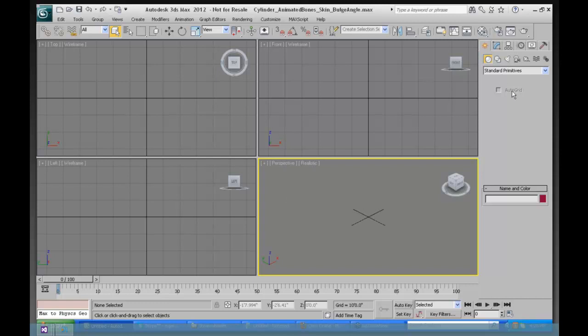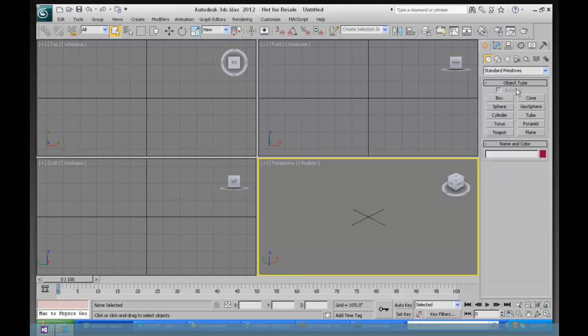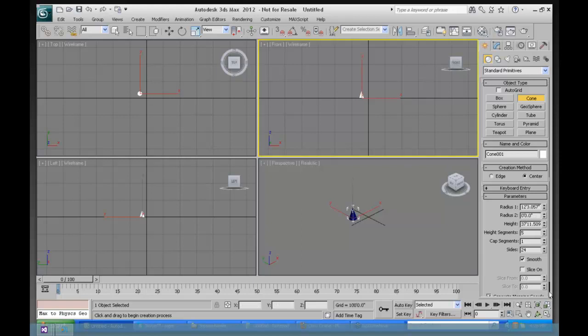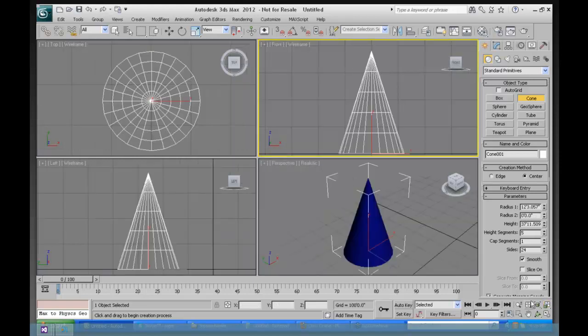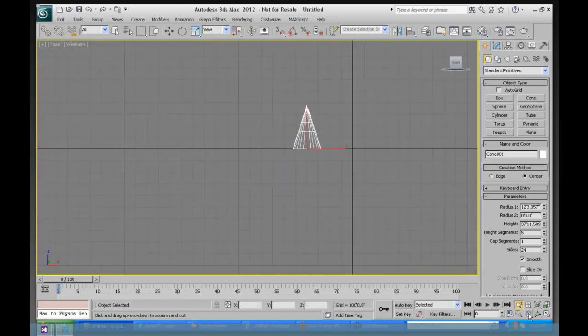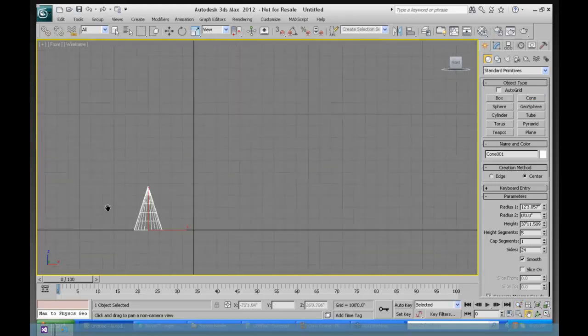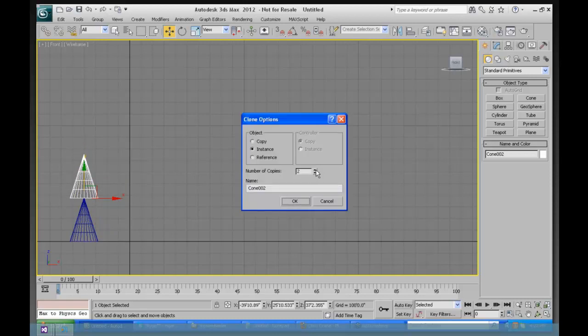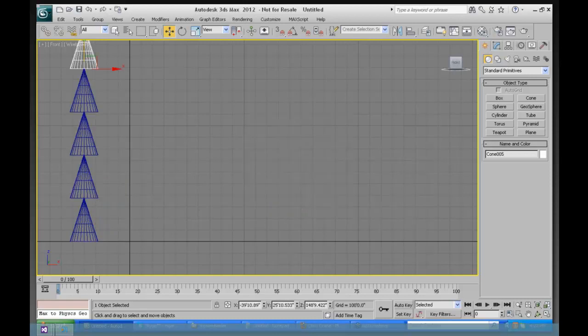All right. So what I want to show you, to recap what we did last week very quickly, is that here I'm going to make just a cone, and then let's go to the front view, and we'll make it big. Let's zoom back. We will take this cone, and we're going to make some multiple copies of this. I use a cone because the pivot point of the cone is at the end there. So I'll say, okay, we have 4 of those there,